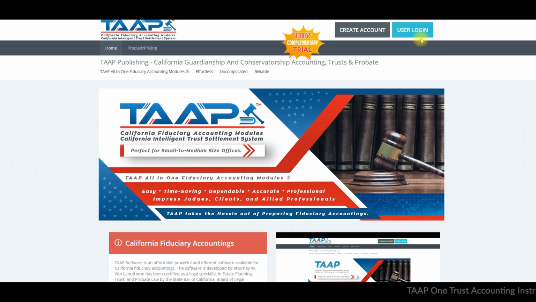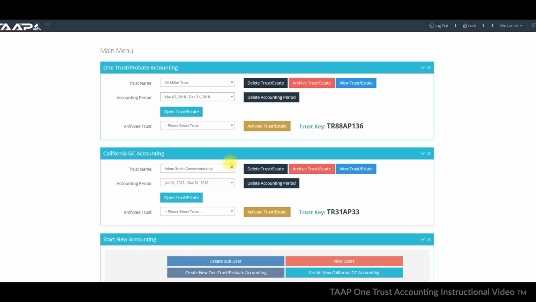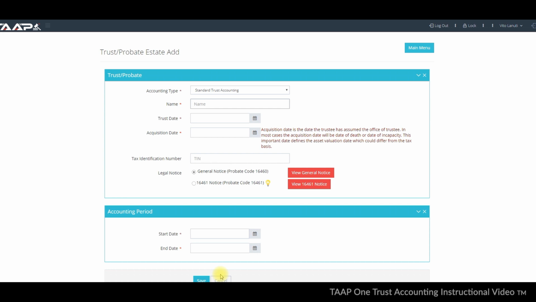Let's open up the program and make a selection. Here we want to start a new trust accounting. So we're going to go down in the bottom section here, Start New Accounting, and select Create New One Trust Probate Accounting. And we come to this section where we fill in the initial information, and the first thing we